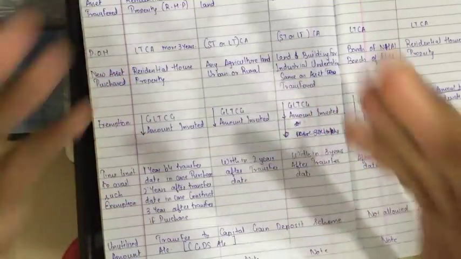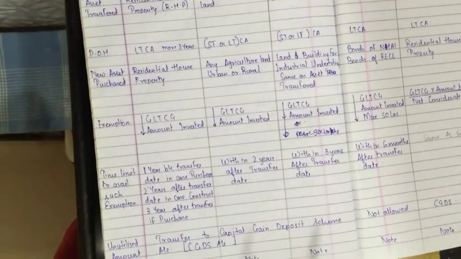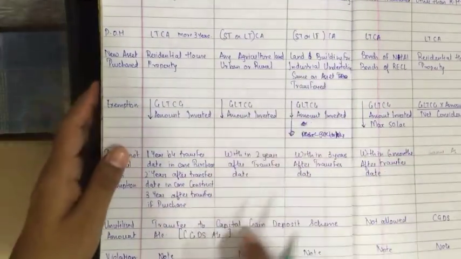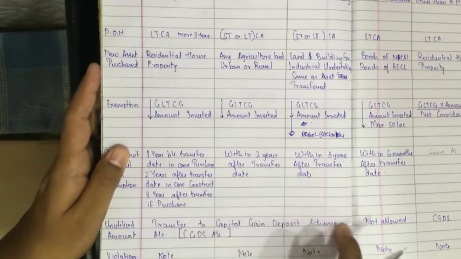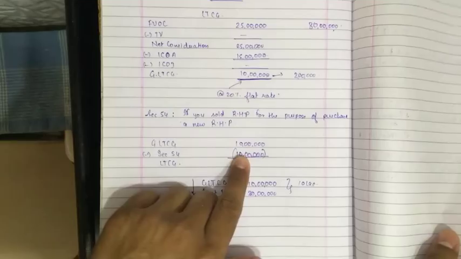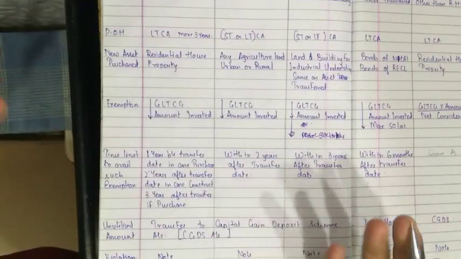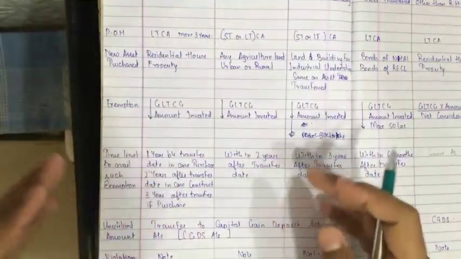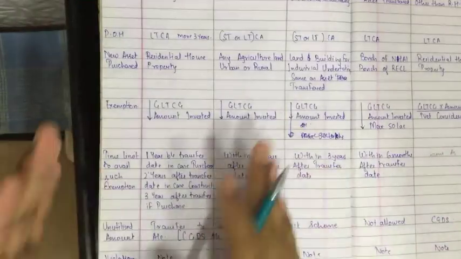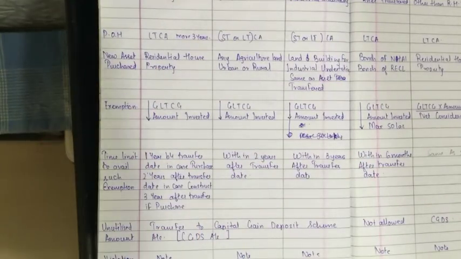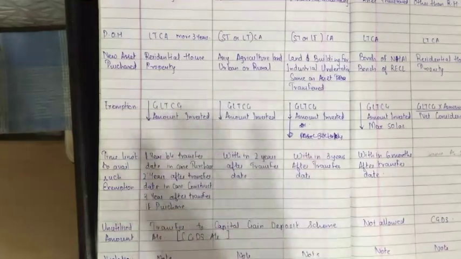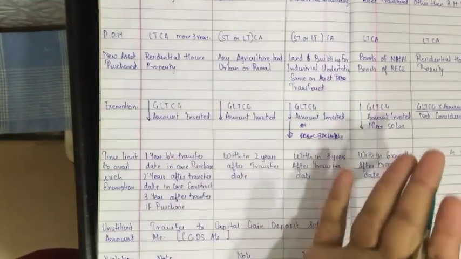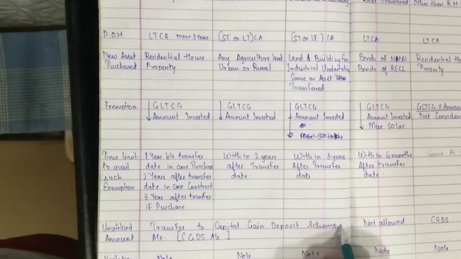When the actual purchase is done, the amount can be withdrawn from the CGDS account and utilized for the purchase. When you are doing this long-term transfer to the CGDS account, you will be able to avail the section 54B exemption if it is given in the question that the assessee has transferred his long-term capital gain to the CGDS account. So you don't need to pay tax at the rate of 20% or the slab rate. You have to just assume that you have purchased, but when you actually purchase, you will get the exemption as the same. You won't be getting the exemption twice. At the first time only you will get the exemption.